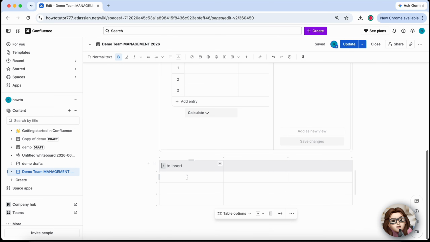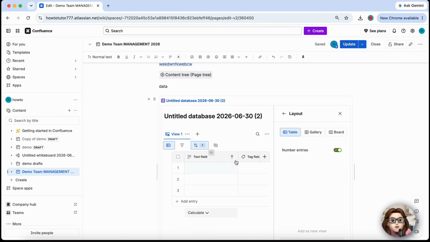Once you've applied your filters, save or publish your page so your team can access the updated view. That's how to filter